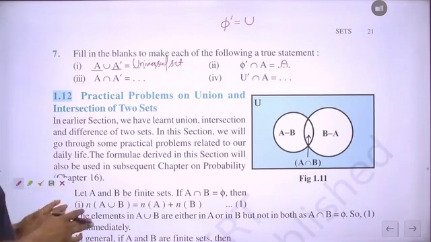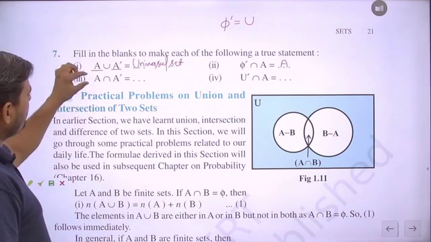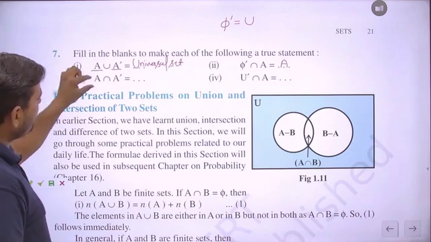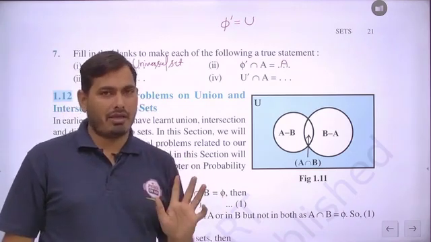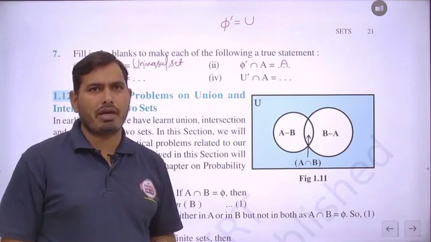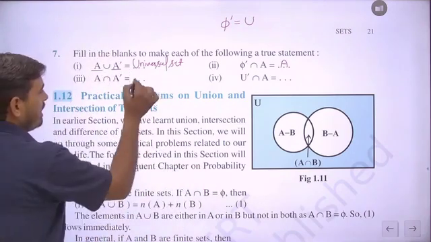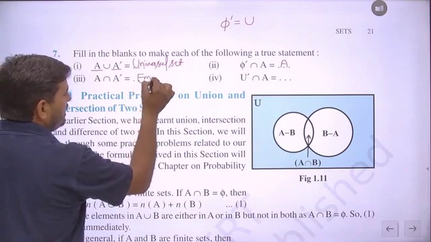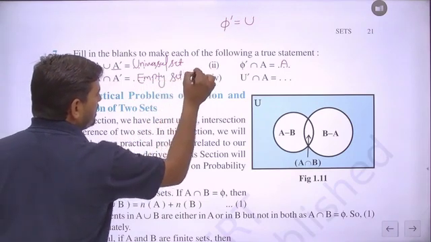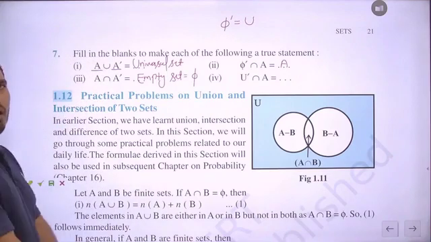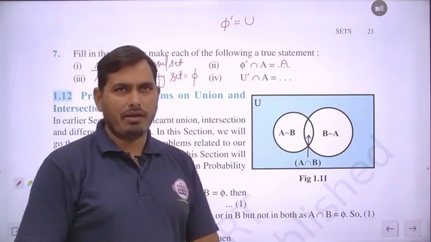So basically, student, in this A set, some elements are there. Those elements do not belong to A dash, because A dash will be U minus A. It means all the elements of A will be subtracted. So basically A minus A dash is to be obtained. Then the answer will be the empty set, represented by the symbol phi. Is it clear?